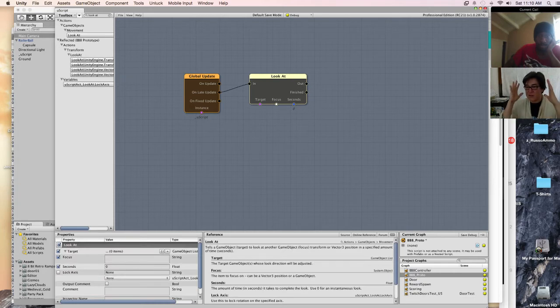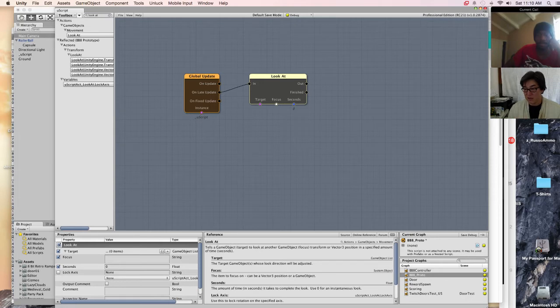If you think about it in time slices, it's like these three things happen in sequence. Update happens, which means anything you've told it to happen in update happens right now. On late update is like when all of that stuff is done, now do this. Those things happen on an event cycle, not necessarily a time cycle.